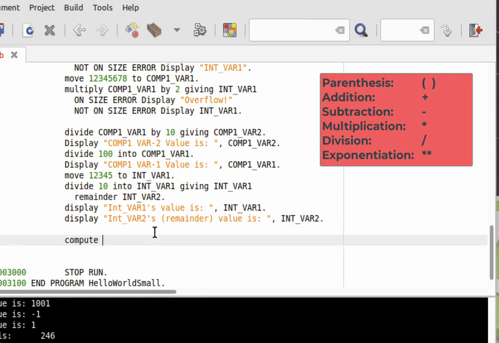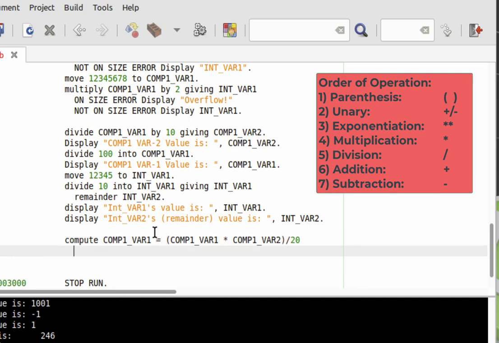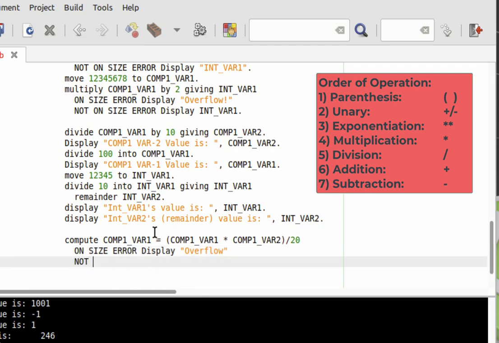For some reason I always put computer. Compute comp1 var1 is equal to comp1 var1 multiplied by comp1 var2, and parentheses come into play as well, divided by 20. We could also then say on size error display overflow, not on size error display